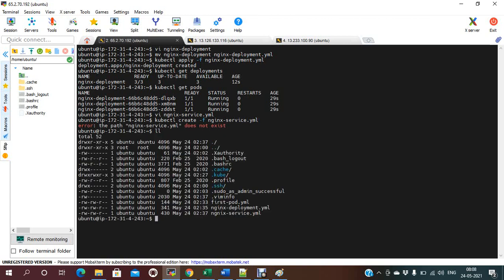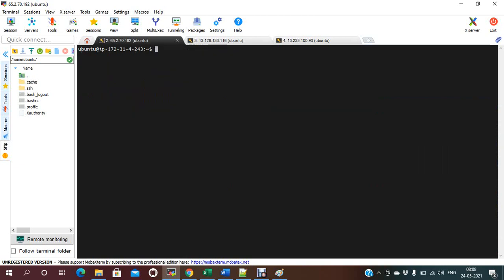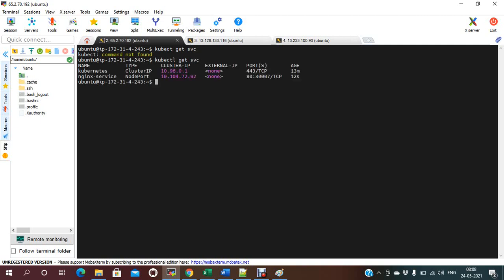We didn't create the service.yml yet. Nginx-service.yml, kubectl create -f. Now the service is created. If you check now kubectl get service, the service is created.